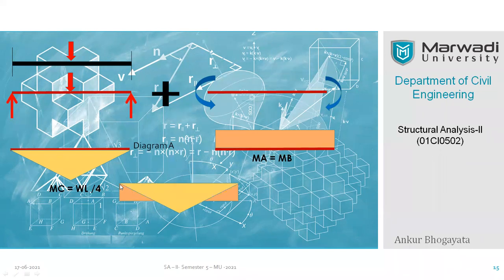So right now we stick to our old concepts. Once we have fixed a concept in our mind, it should not change. So that's why we will always see that our sagging moment diagram will be below the line and the hogging moment diagram will be above the line, right? So this is a combined BM diagram.